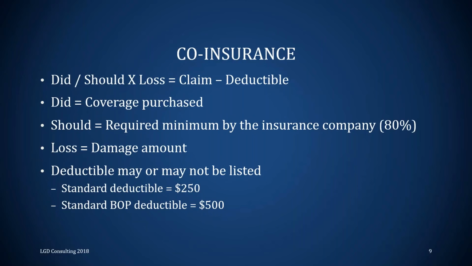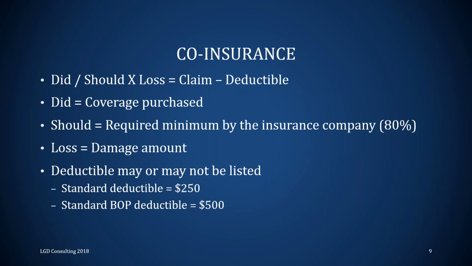Coinsurance, if you're going to get a math question, this is what it's going to be. Very common. So the equation you need to know is how much insurance you did have divided by how much insurance you should have. A lot of times you can simplify that fraction, and then you multiply it times whatever the loss may be. That's how much your insurance company will pay for your claim, minus any applicable deductible. Keep in mind that the amount of insurance you did have is what you bought. The should is what is required by the insurance company. So it's not the value of the property in all cases.